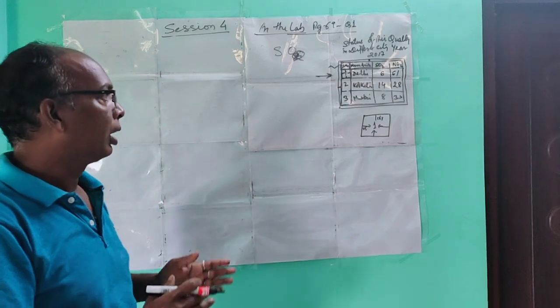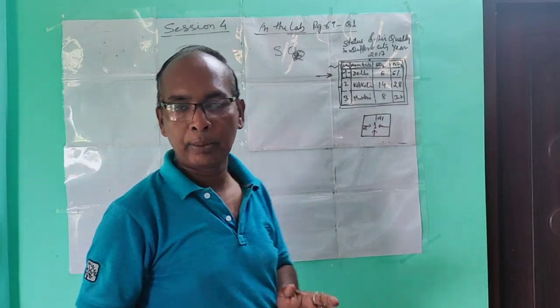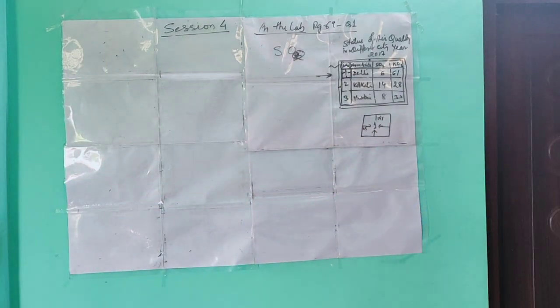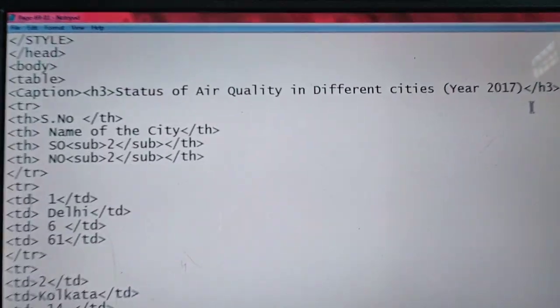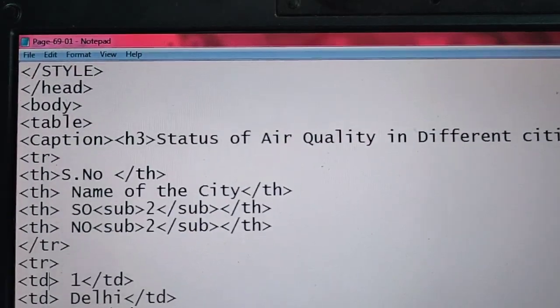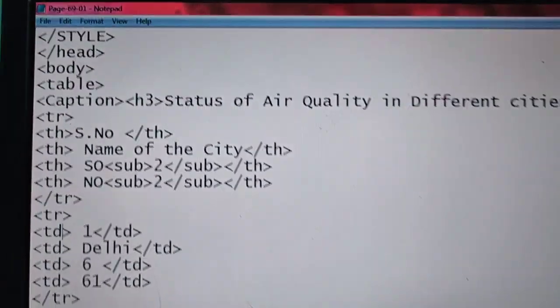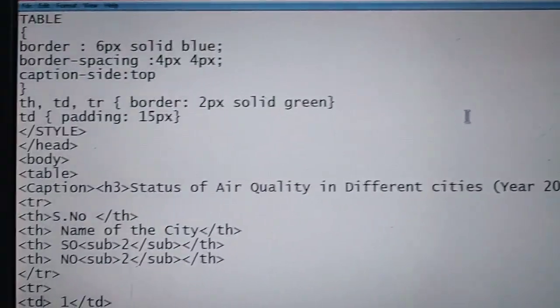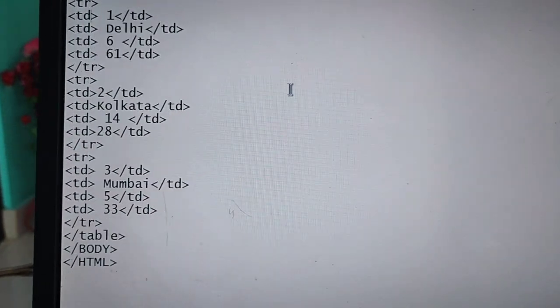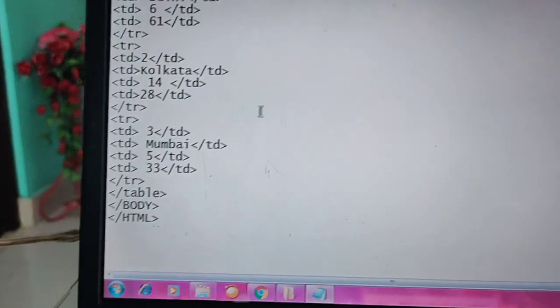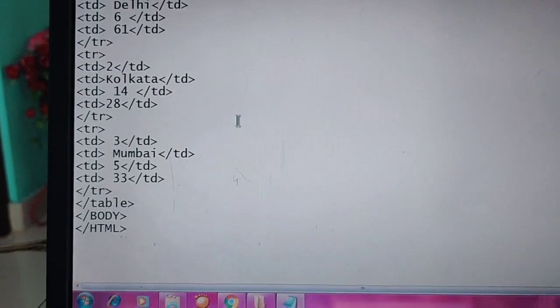Now for the same program, I will show you the output on my computer. This is the program which I wrote earlier for your convenience. See the program, tr, th, everything is given. Then the last tag is table, close body and close HTML.